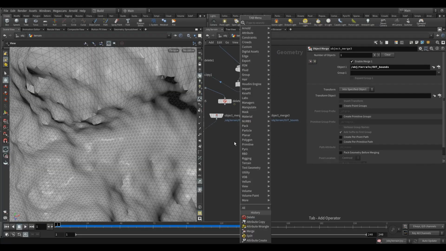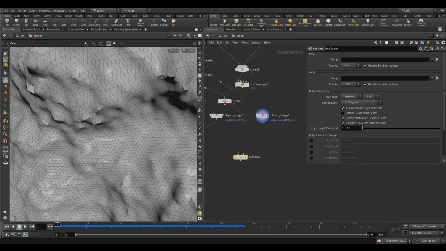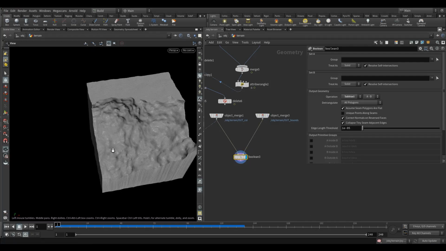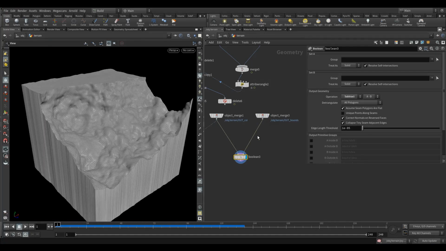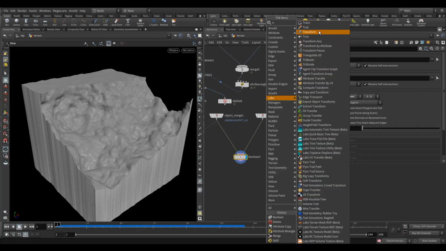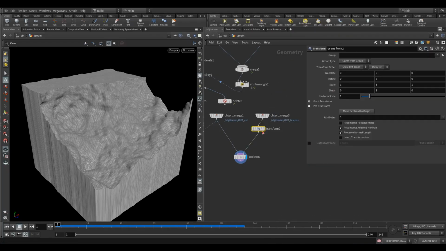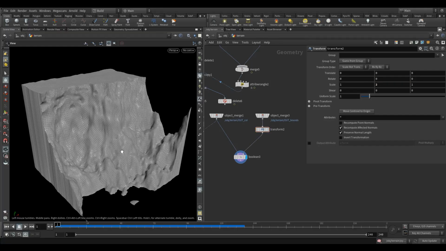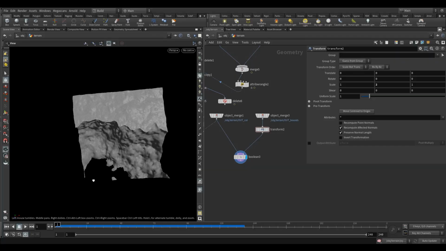And what I'm going to do is another Boolean and set this to subtract. So right now it's going to be doing nothing. It's the same thing that we did before. It's subtracting that. But what I want to do is drop a transform here and just scale this up by 2. So basically make that kind of like deeper down like that. Okay, so we get like a cliff,